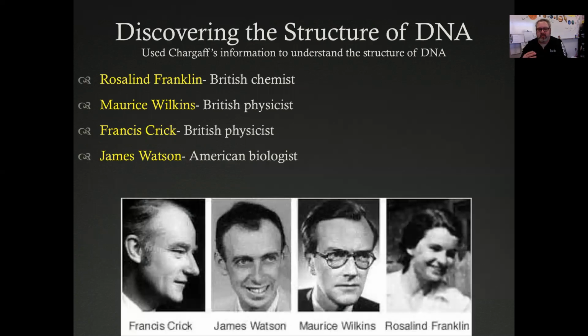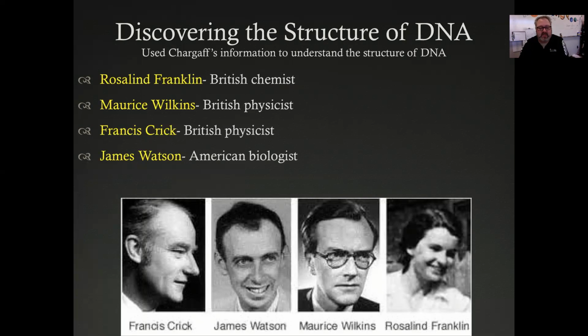Understanding that now helps more scientists to better understand the structure of DNA. So we have this group of scientists, Rosalind Franklin, Maurice Wilkins, Francis Crick, and James Watson, who are trying to figure out what the structure of DNA is. Now, they're kind of working together, but not really. They're a little bit competing with one another. And, you know, having big discoveries in science is kind of a big deal. There's a lot of competition. Even though scientists are supposed to want to be sharing information with one another, there still tends to be a lot of